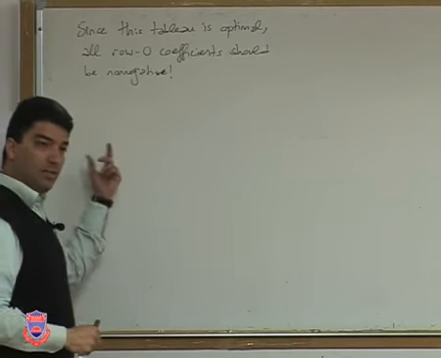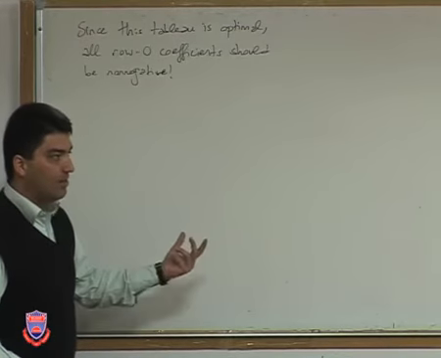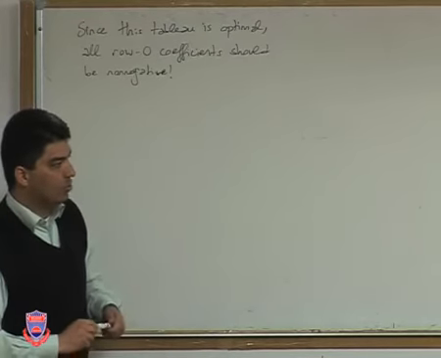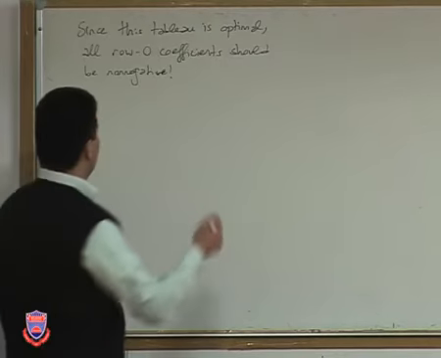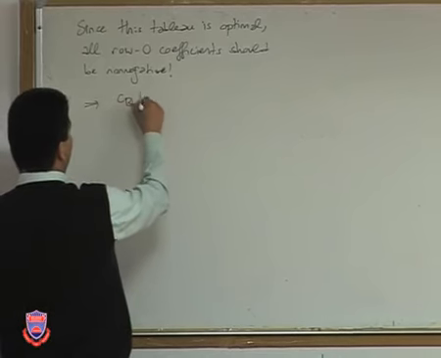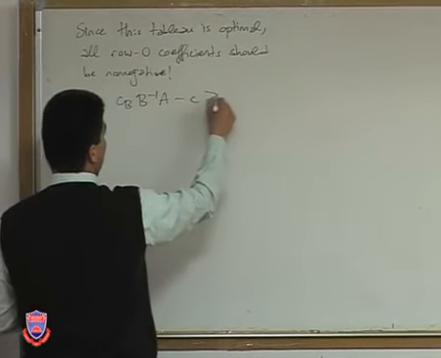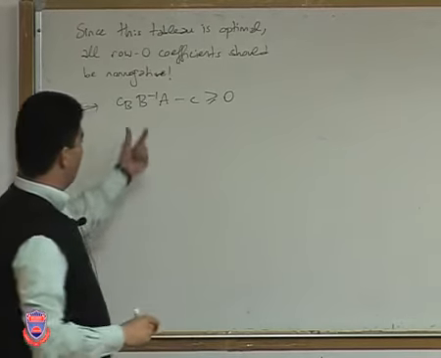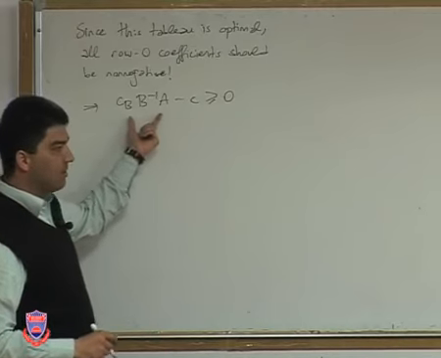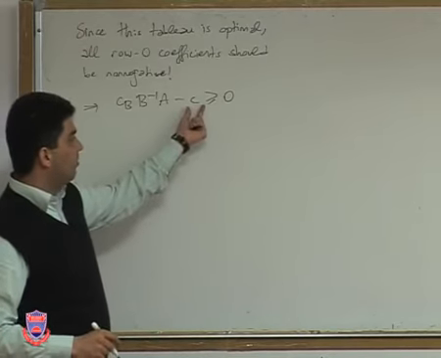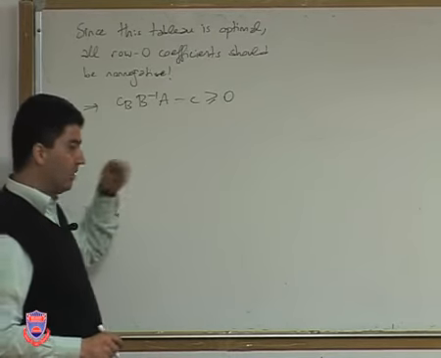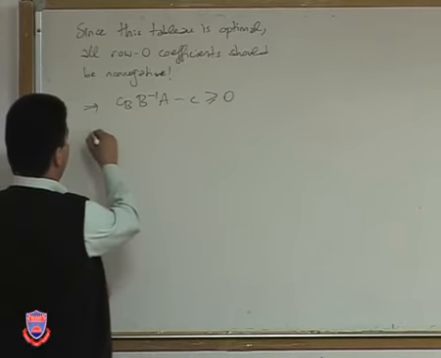So remember, if this is not true, then there is another entering variable, and I can further improve the objective function, right? Okay, since I'm assuming that I already have the optimal solution, this tableau should be optimal. Which implies that the row zero coefficients of the x variables, which is CB B inverse A minus c, should be greater than or equal to 0. And of course, please keep in mind that this is actually a vector, right? So the number of components here is the same as the number of original variables, and the number of components here is the same as the number of original variables as well. Okay, so this means that each component should be non-negative. And CB B inverse, which is another vector, should also be non-negative.